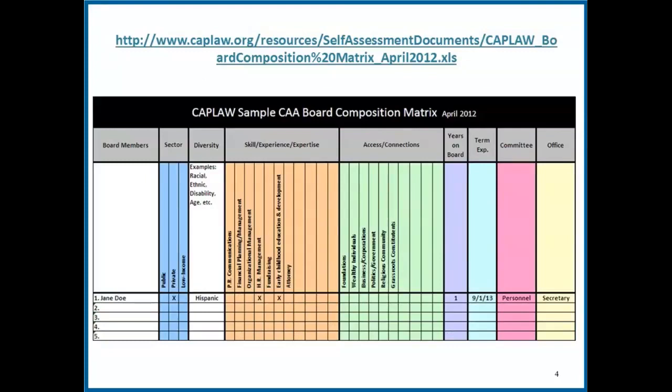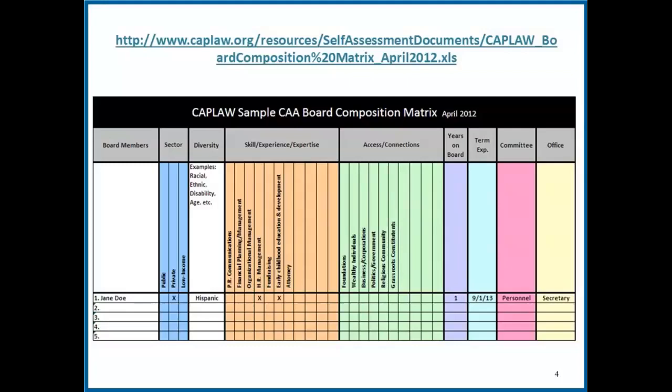And so you can see on this matrix, there's lots of different things that you can think through: what sector they would sit on, different pieces of diversity to make sure you have a diverse board, what their skills and experience are, their access and connections to different people within the community, and so on and so forth. So this is something that you can do to prepare